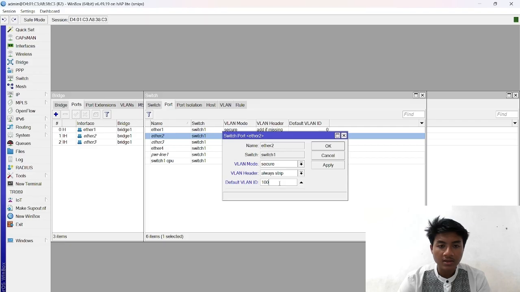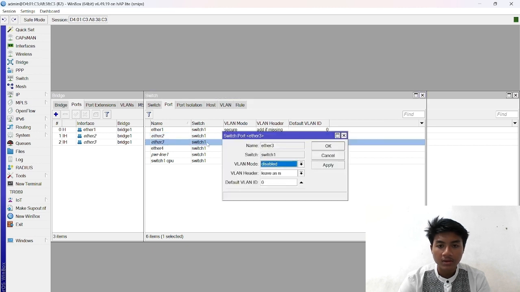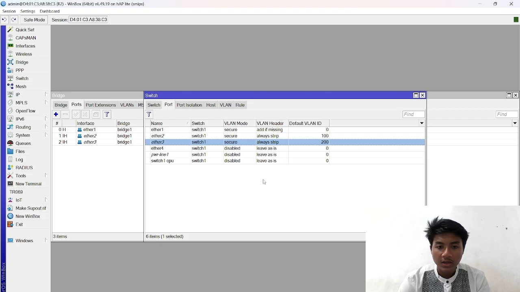On Ether 2, I set VLAN mode to secure, VLAN header to always strip, and default VLAN to 100, like this. On Ether 3, I set VLAN mode to secure, VLAN header to always strip, and default VLAN to 200, like this.